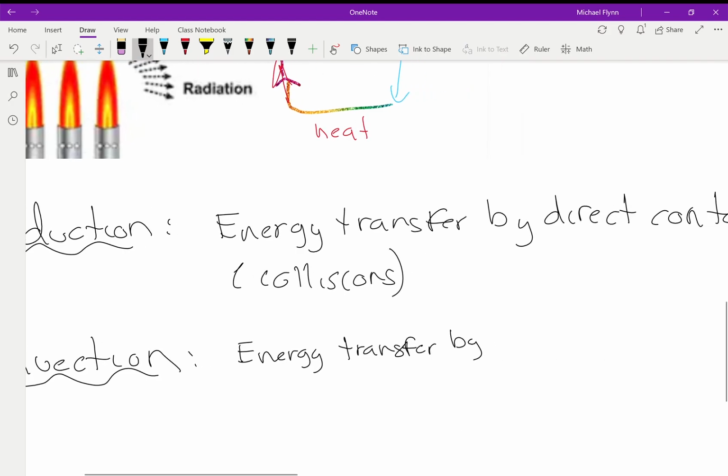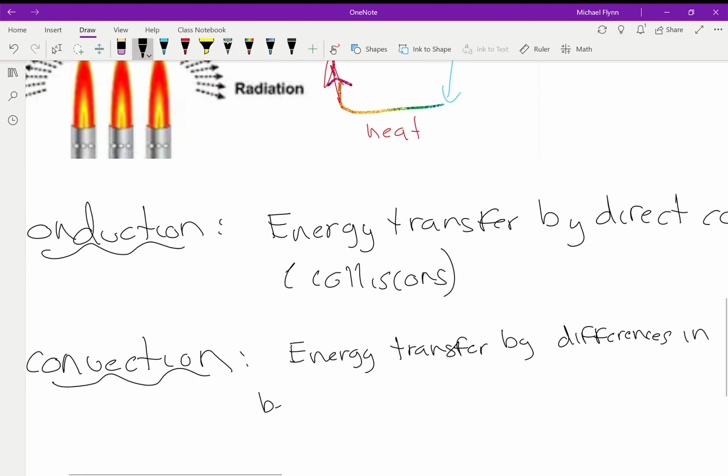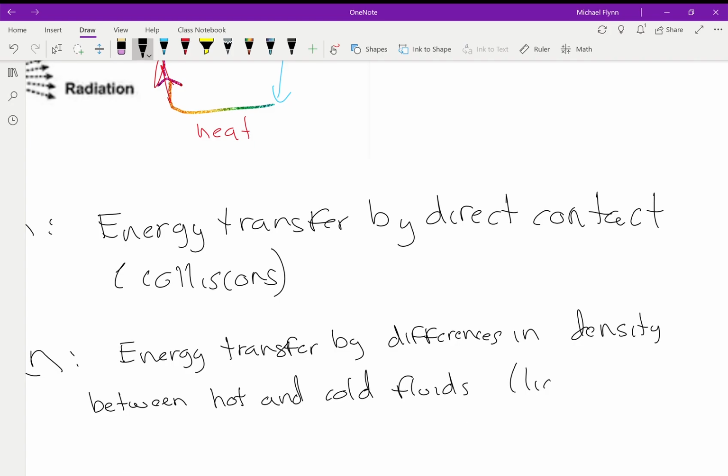By differences in density between hot and cold, so whereas different temperatures, fluids, like for example, liquids and gases